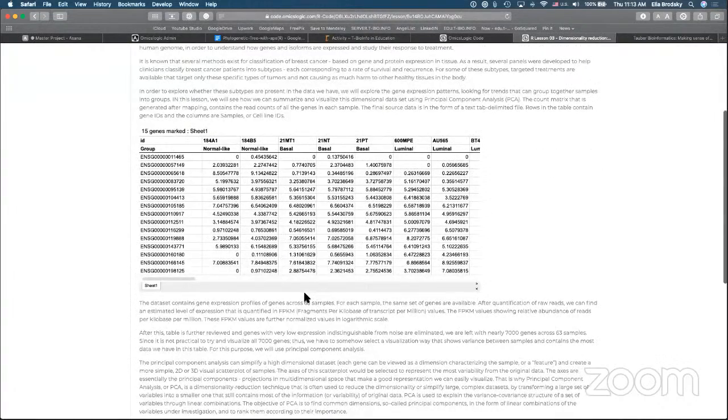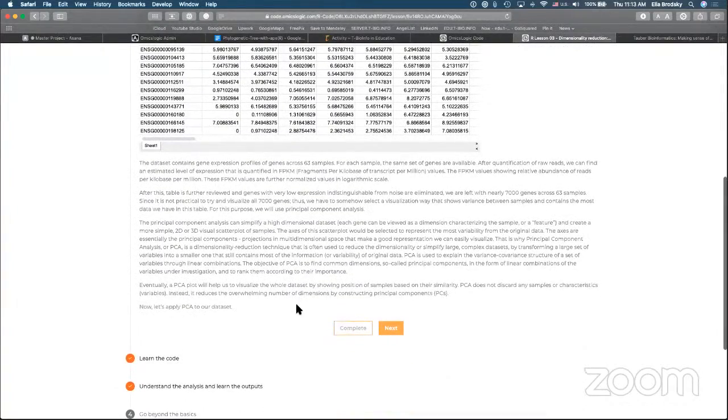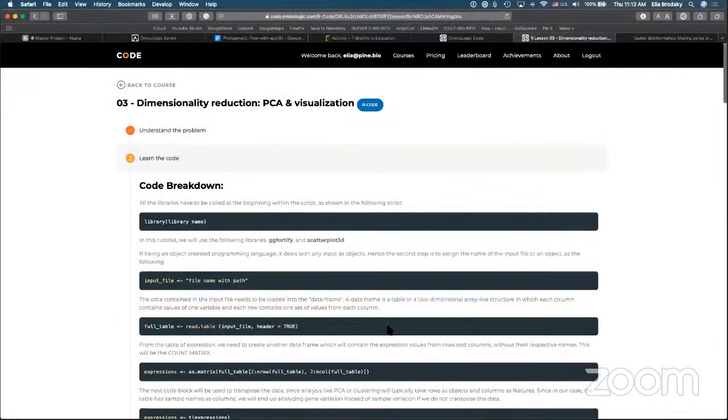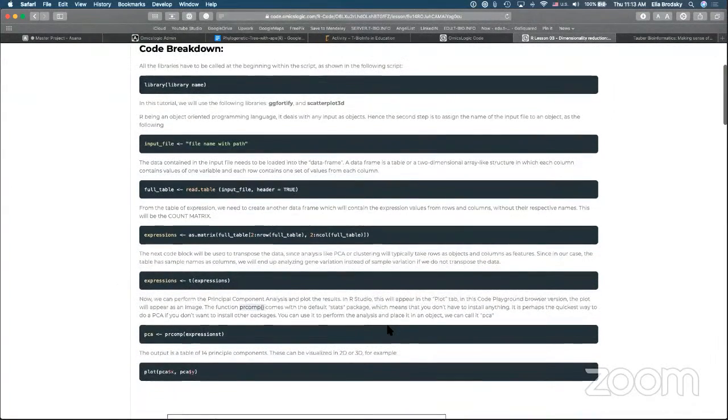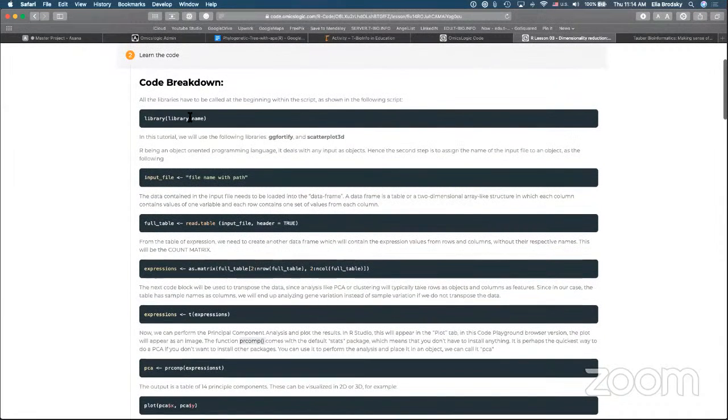A little bit about this data set. This data set comes from a cancer study that is focused on identifying different subtypes of cancer. So let's take a look at how we can apply principal component analysis in R so that we understand the syntax, the analysis approach, and what are some of the different options that you can modify and use to improve the basic visualization. So as you can read right here, the first thing that we have to do is load